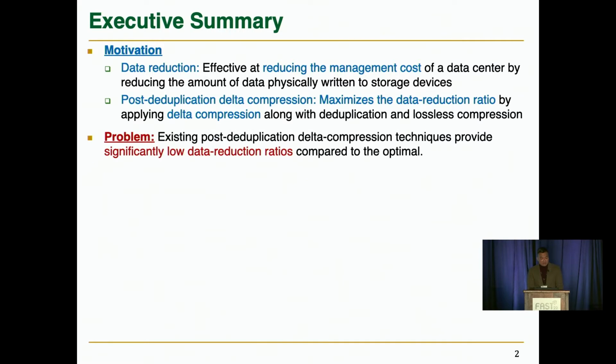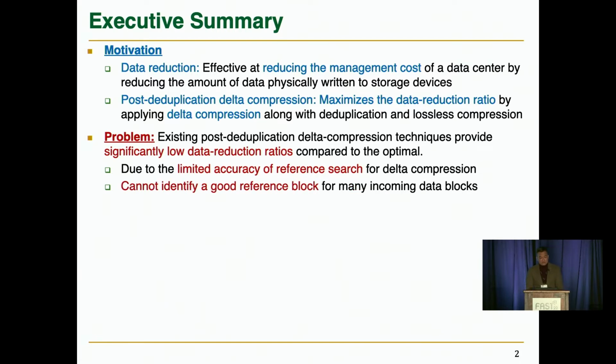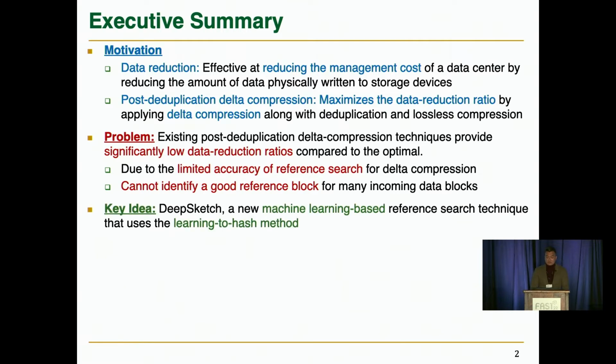However, we found that existing techniques provide significantly low benefits compared to the optimal because of their limited accuracy of reference search for data compression. In short, the existing technique often fail to identify any reference block for many incoming blocks that can actually benefit from data compression. To address this, we propose DeepSketch, the first machine learning-based reference search technique to generate a given